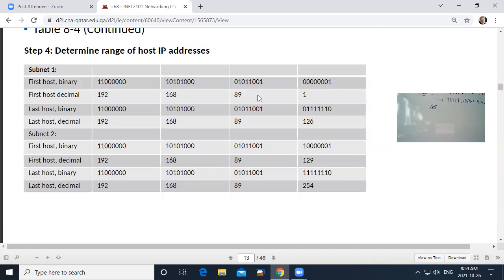And the last address we can use for a host is 126. And why is that? Because the number 0 is going to be our network address, and the number 127 is going to be our broadcast address. So the last IP address in every network is going to be the broadcast address.